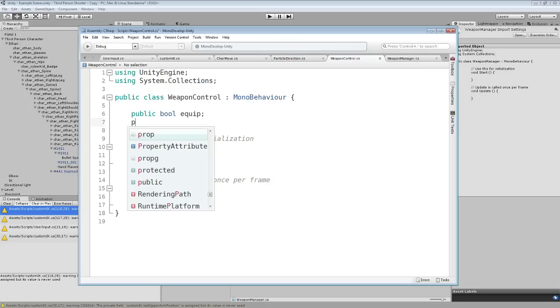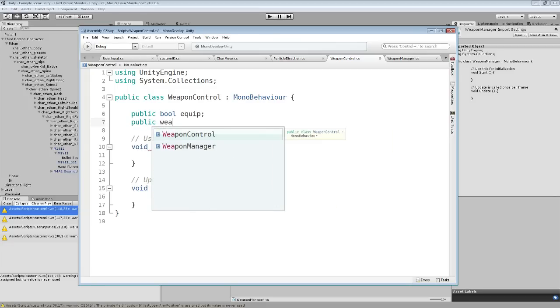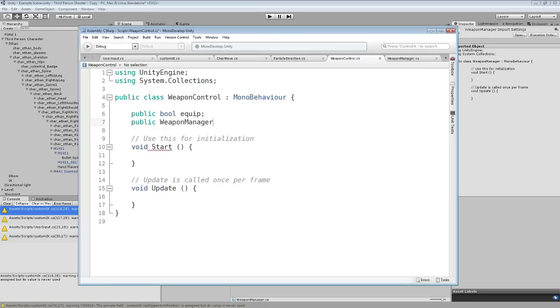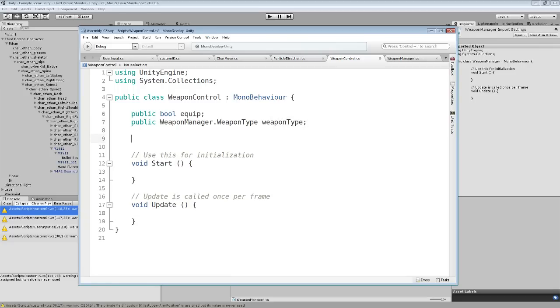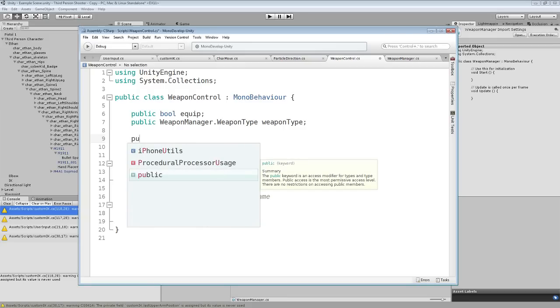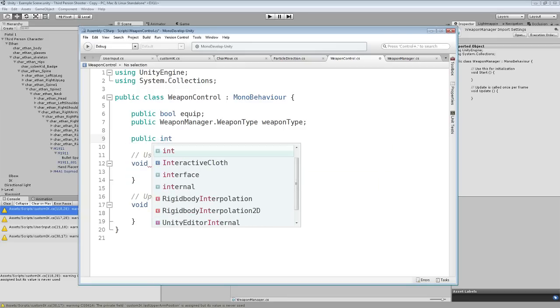Now the next thing we will need is something to determine what kind of weapon we use, and this is by calling the enumerator from our weapon manager, which is the weapon type, and we'll simply call it weapon type. Now for some variables that will determine the stats of our weapon,